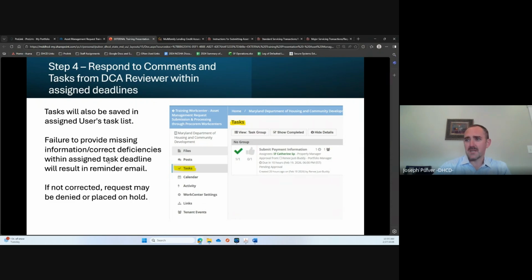And like I said, there will be a task deadline and a reminder email, and then if not corrected by that time, the asset manager may accept an explanation as to, all right, we're working on it, we'll have it submitted. The asset manager could extend the deadline to submit the information, or if it looks like it's just not going to be completed, we'll send a notification saying, if this isn't done within 2 weeks, we're going to go ahead and close this request. That wouldn't necessarily limit you from submitting a request again in the future, but it'll start the process over.